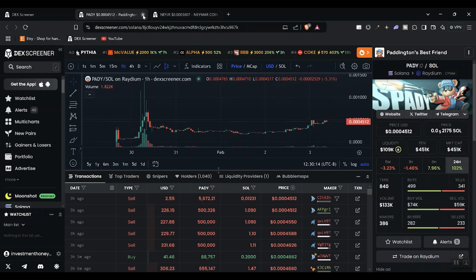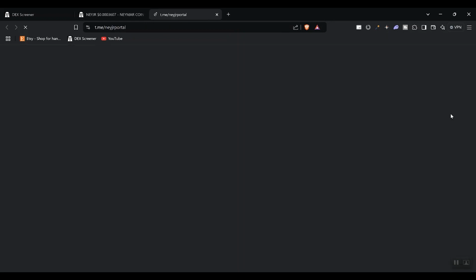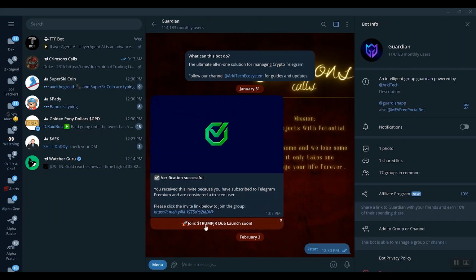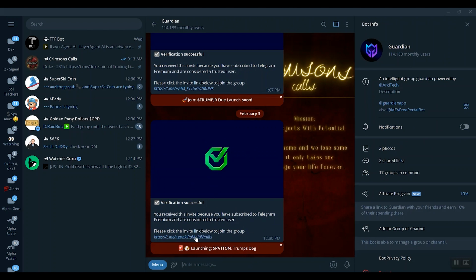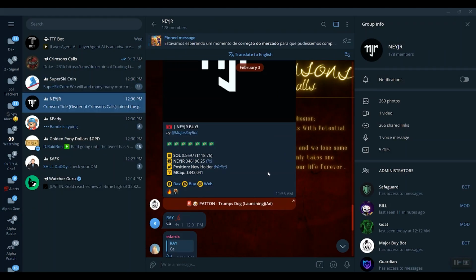So we'll see. This is Neymar, and we're going to check out the channel and see what they've got going on. All right, so we get a verification portal. This is a Guardian one. Remember, we don't see these very much. 178 members here. Let's see when the last buy was. That was